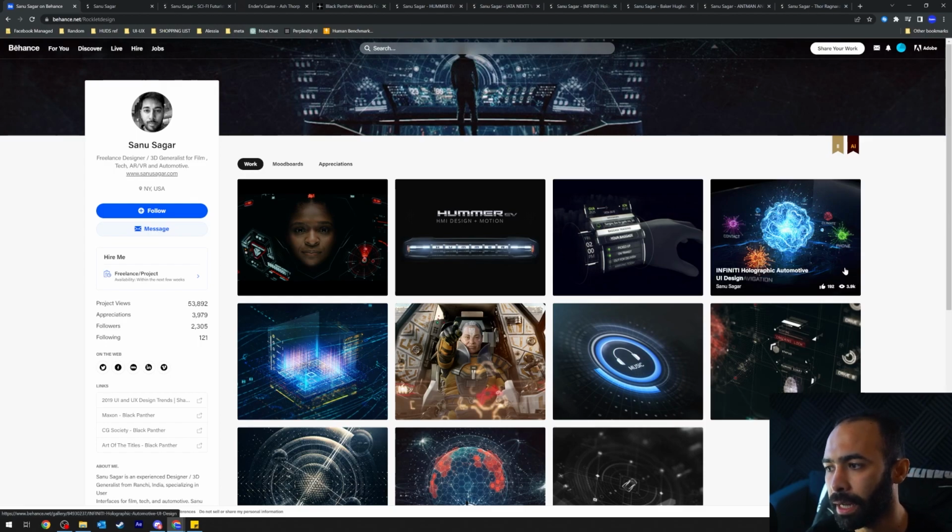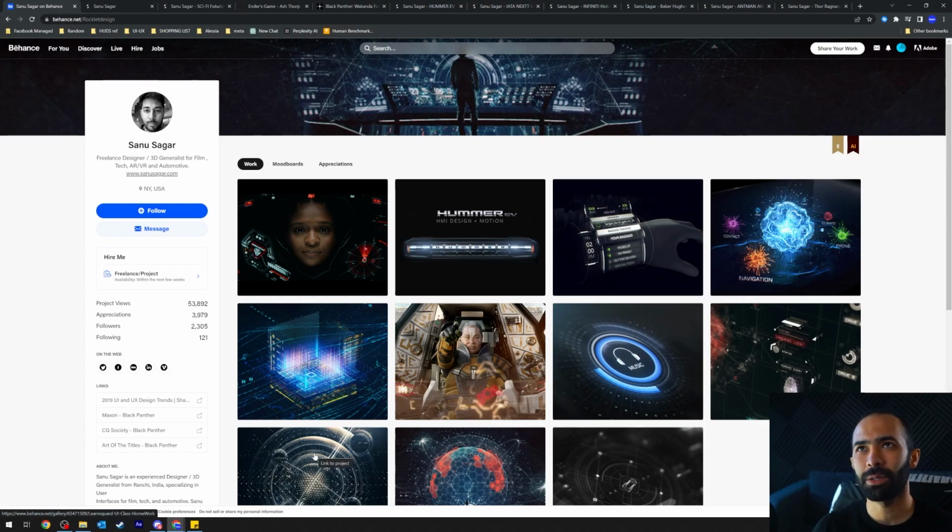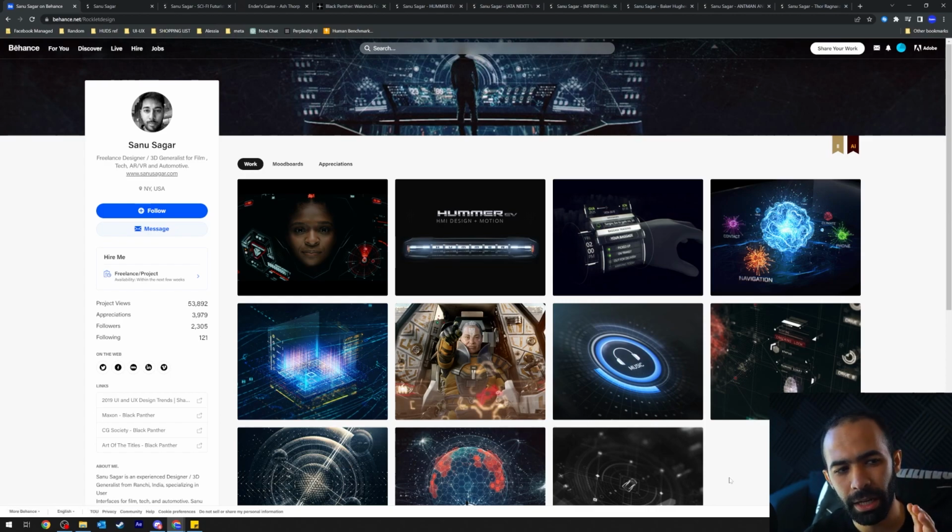You can see that the reason I like this guy, with all honesty, is the fact that I love colors. I really, really love colors. I love everyone who tries to put a lot of colors into one style, into one frame, because I feel like that's a huge challenge to really balance colors out. The thing about HUD design is whenever you look at HUD design, usually what you would expect is blue and green, or blue and orange. These are the kind of colors that you would actually expect, and that's the kind of colors that you see most of the time, because you don't really want to take the user's attention with the HUD. So putting colors in is really, really hard, and not everyone can actually do it. That's what really attracted me to SANU SAGAR.